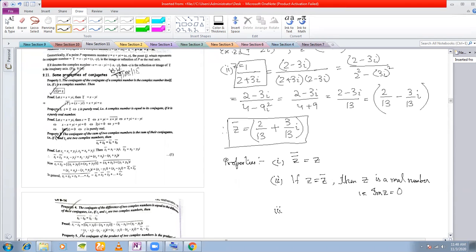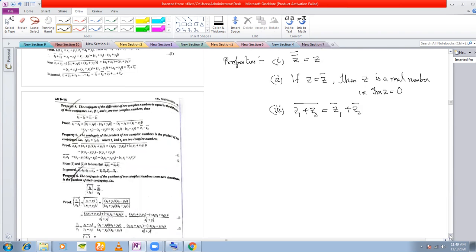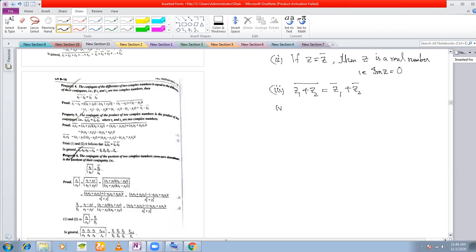The third property here is that the conjugate of the sum must be equal to the sum of the conjugates. That is the next property of the conjugate. And similarly, the same follows with subtraction also. That is z1 minus z2 whole bar is equal to z1 bar minus z2 bar. Fifth property is that these two laws you can extend for any number of complex numbers. Extension